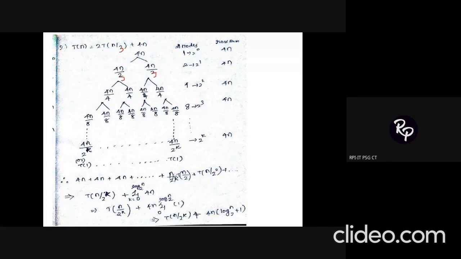So not necessarily, your a value and b value need not always be the same. You may even have different combinations like this. So your A will decide the number of subproblems, and your B will decide the size of each subproblem. So next time this will be n by 9 on all the sides, and this time it will be n by 27. So if you are approximating it, this becomes n divided by 3 power k. So everything you need to represent in terms of 3. So this becomes 3 power 0, 3 power 1, and it goes on like this.